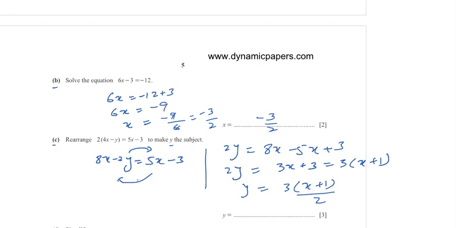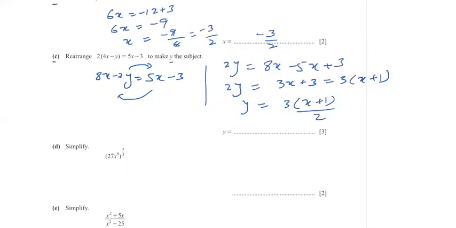the other side. So always, whenever you have to make the subject, the first step must be to remove the bracket. After removing the bracket, then you can make your subject. Whatever variable you have to make the subject, shift it on one side of the equation and all other involved variables or constants shift to the other side of the equation. So a very simple question this was.